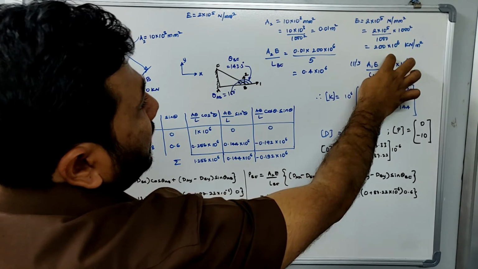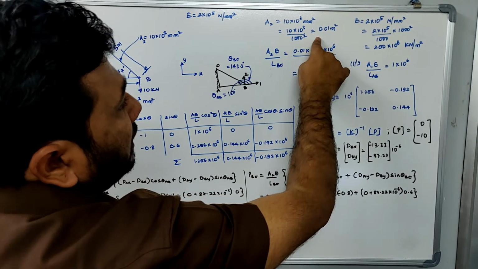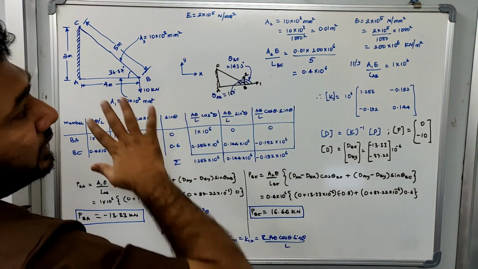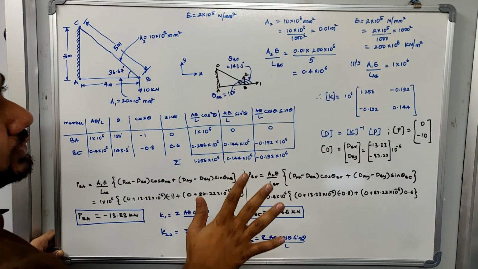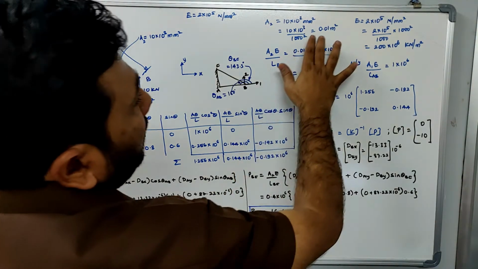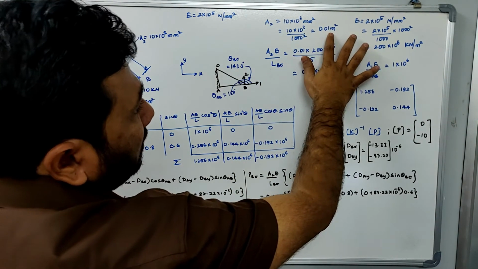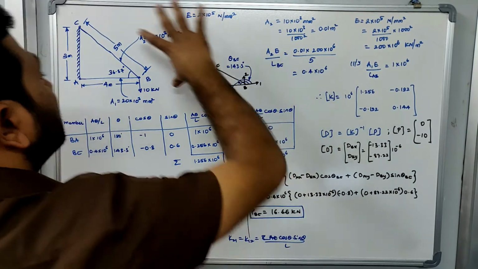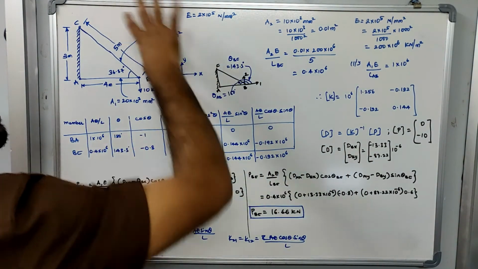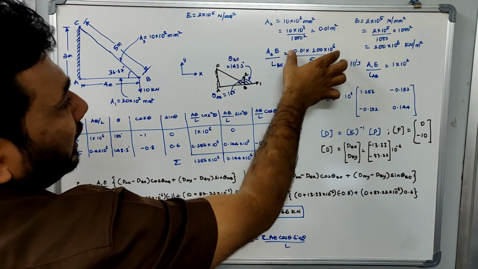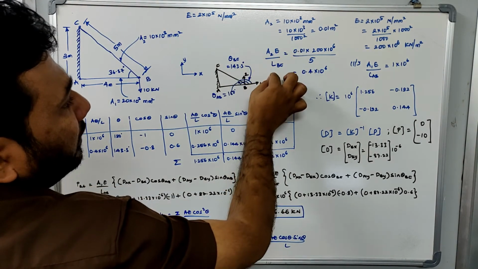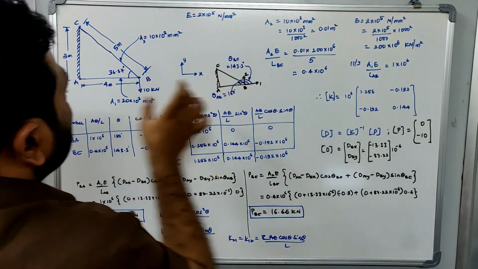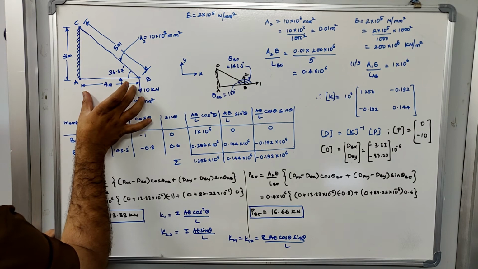So this is also in terms of kilonewton, and this is in terms of meter square. As we know, the load is also given in terms of kilonewton. Now we can see that there is uniformity in all the units that we are using, okay? So the A value was 0.01, the E value is 200 into 10 raised to 6, divided by L. What is the length of the member BC? The length of member BC is 5 meter. We have substituted here and solved how much A2 into E divided by LBC is, which is 0.4 into 10 raised to 6.